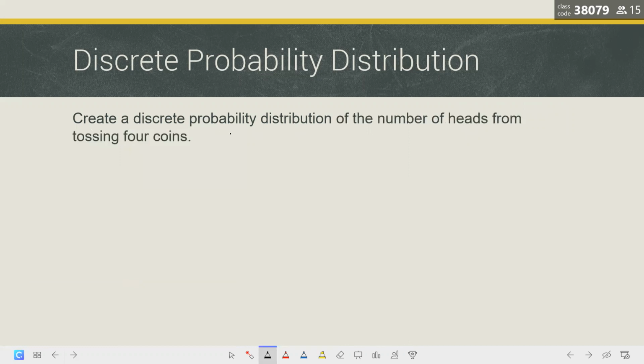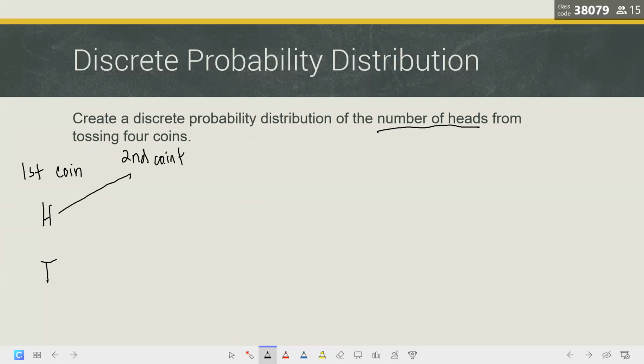Ito na yung gawin natin. Create a discrete probability distribution of the number of heads from tossing 4 coins. So, magtatapon tayo ng 4 na coin. So, first coin, magtatapon tayo. Ano yung possible outcome pag nagtapon tayo ng coin? Yung kanina, class, ano na nga yun? Head and tail. Head, tail. Sa Tagalog, tao at Bangko Sentral ba? Ayan, head or tail. Sa second coin,